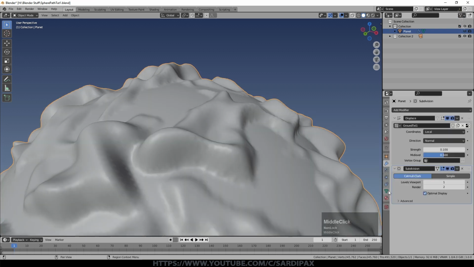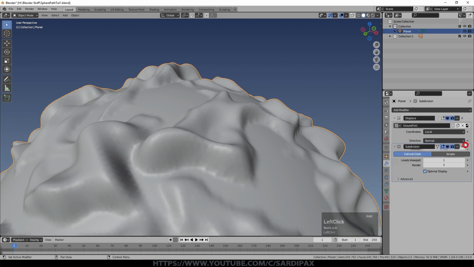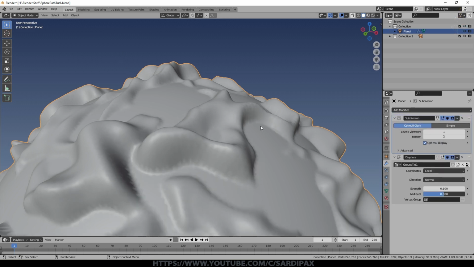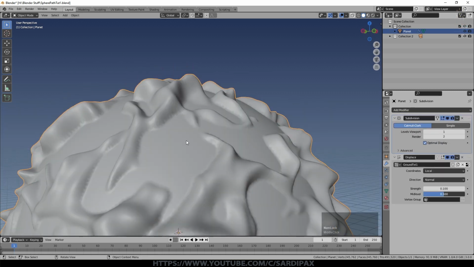Now that's just put the subdivision surface on top of the displacement modifier, so all it's really doing is smoothing it out. Whereas what you want to do is add more geometry so that there's more detail in the displacement. So you need to move this up to the top. And now that means that the full detail of the displacement modifier can be more visible.